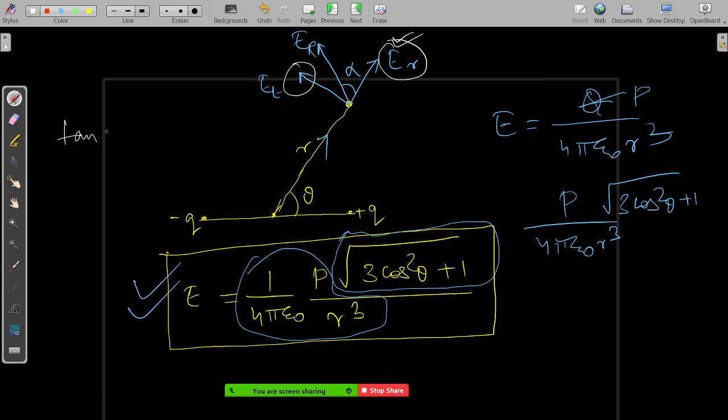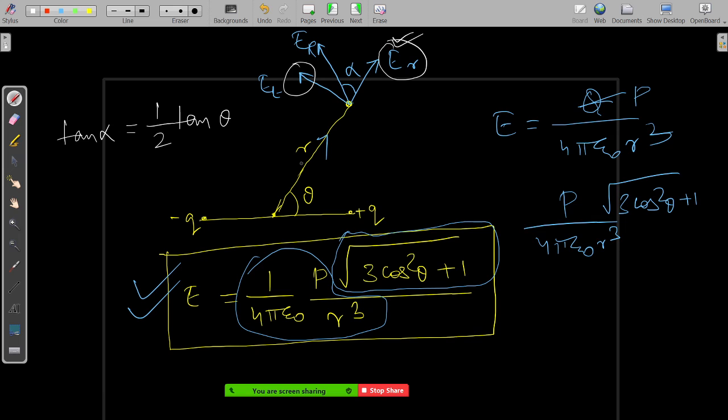And we have to find what is tan alpha here. You remember in terms of vectors we were doing this. Similarly, you have to find the alpha here to get the direction. So tan alpha equals half of tan theta. Understood? You just remember this.